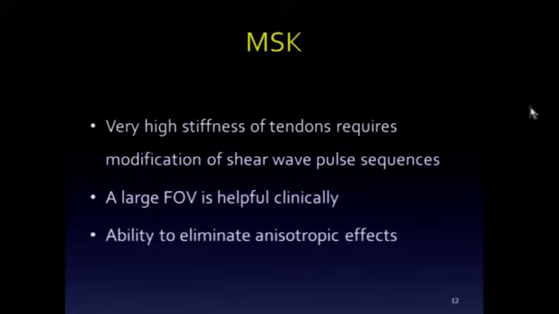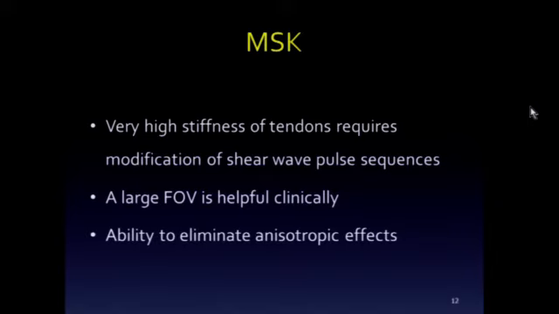So in general, if you pick up the probe that you're using for breast, you may not get good results with MSK because the tendons are so stiff that the signals are attenuated, and we need to have more push pulses at a narrower value to actually get good measurements. And again, vendors need and are working on improving this so that we have specific programs or algorithms and settings that we can use that are tuned for the specific